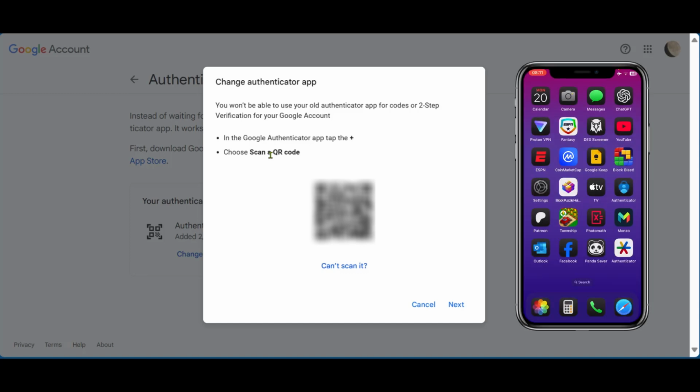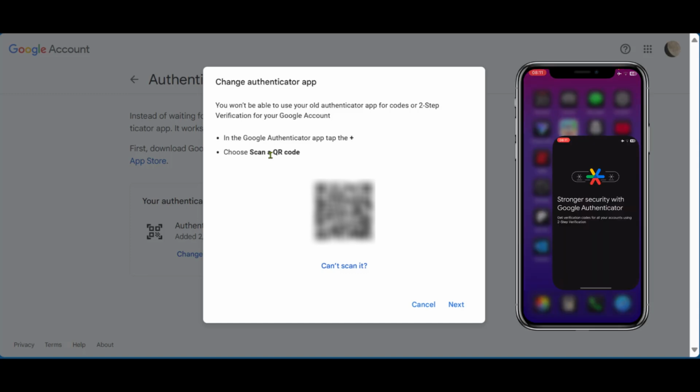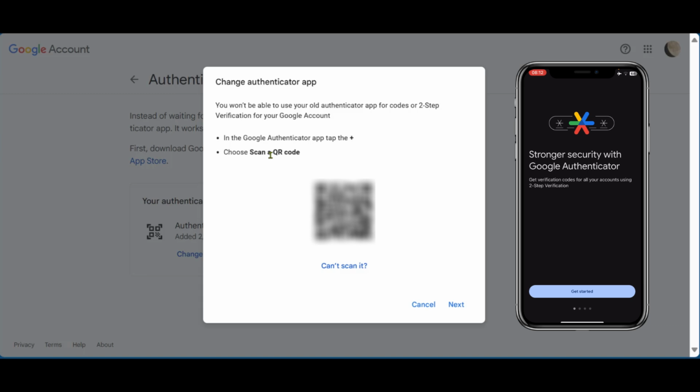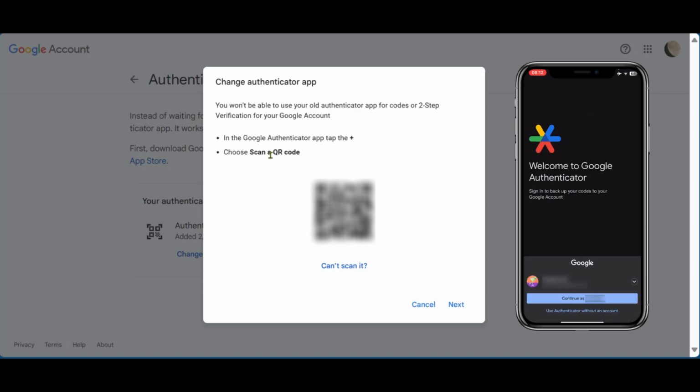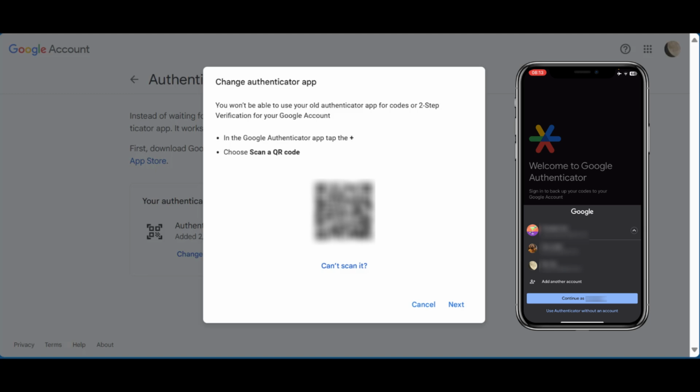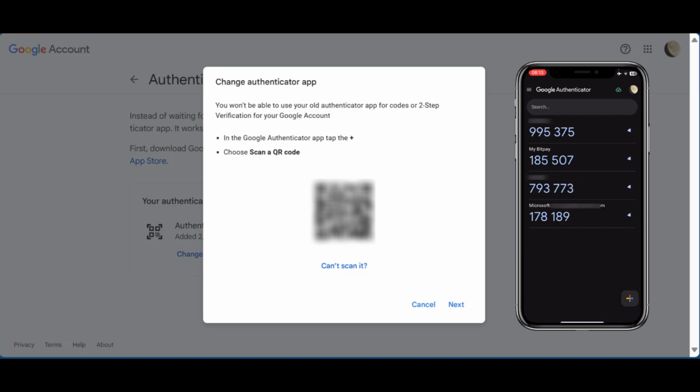So go ahead and open your Authenticator app on your mobile device. Tap on Get Started. And then if this option comes up, you need to make sure that it's the same account as what you have on your PC. So in this case, the account is different. We're going to use the drop-down menu, which is the arrow pointing down. And then you're going to select the destination account, click on Continue,